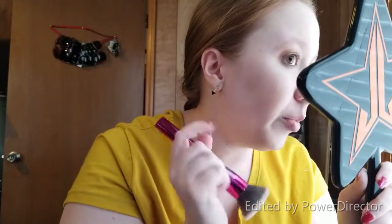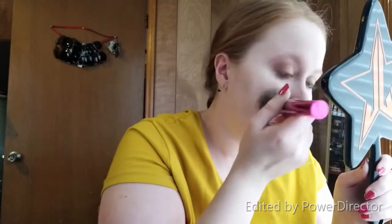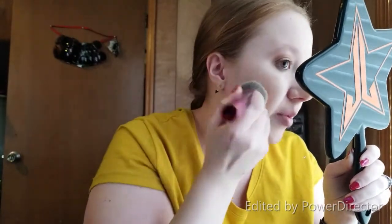Alright, so looking close up, initial reactions, it's sitting pretty well. It's not what I would consider full coverage. Does it say on here? Yeah, full coverage. So I'm going to take a little bit more of what's left on the back of my hand and build up over my cheeks to see if it's buildable. But it's not clinging anywhere any different than I would say my normal foundation would, but I will say that already